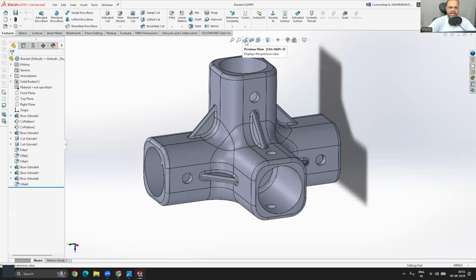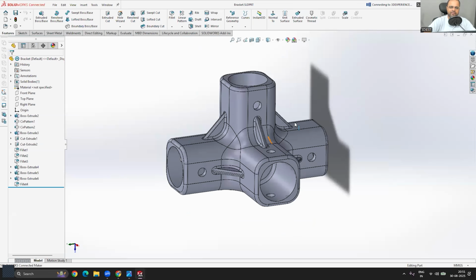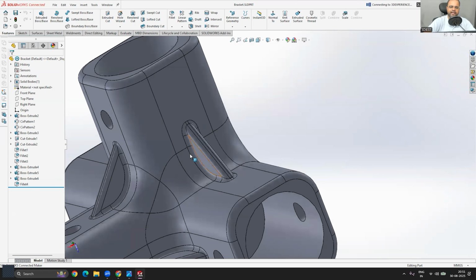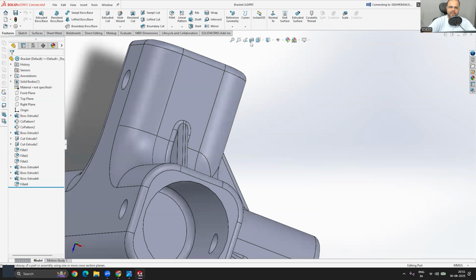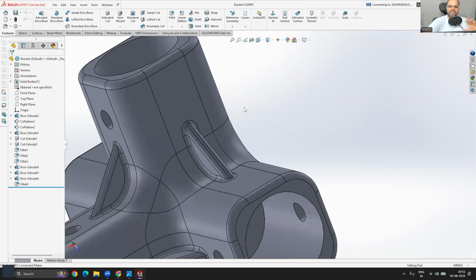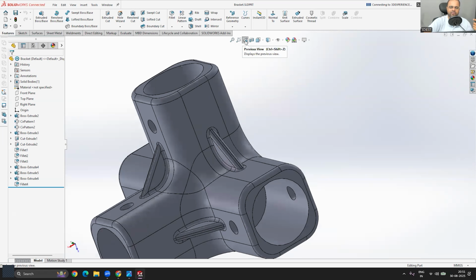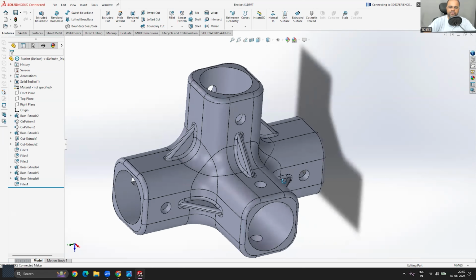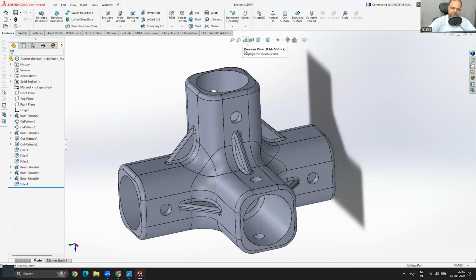Next to that, we have a tool called previous view. Let's say we are viewing this model from this direction, and the next moment I rotate it and view it from this direction. If you click on previous view, it will take you one step back, so it's kind of Ctrl+Z for the view, right? You can use this option to go one step back in your views only. You will not be changing the model, only the view of your model. That helps you navigate across your 3D model, but that's not a very important tool, just ignore it.